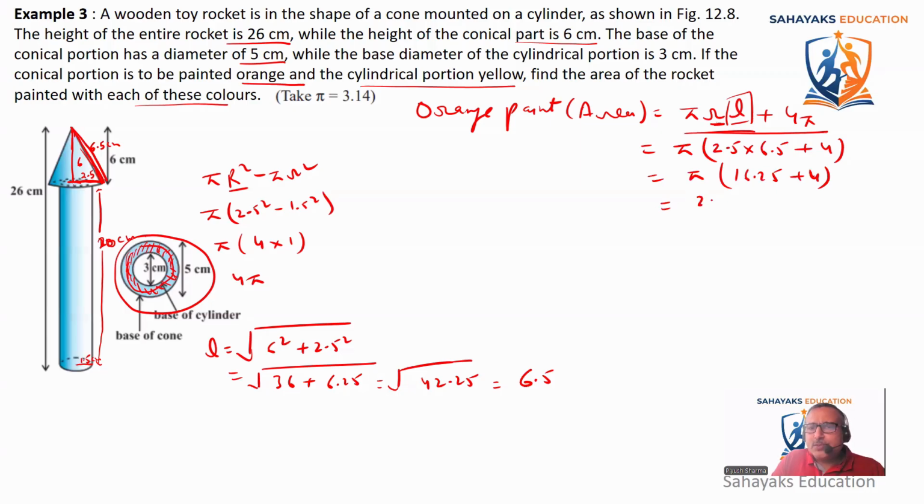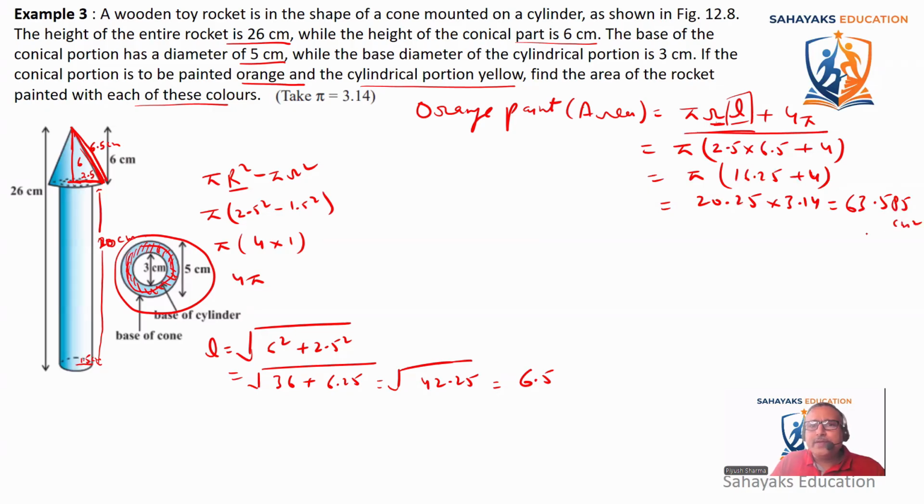So it gives 20.25 pi. Let's take pi as 3.14 as mentioned by them. So this is 20.25 multiplied by 3.14. It comes to be 63.585